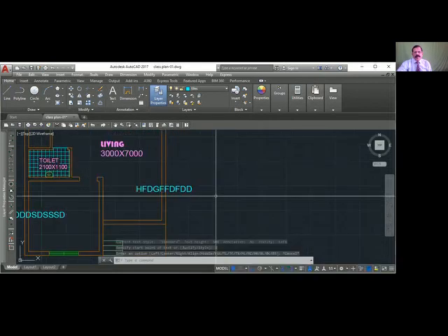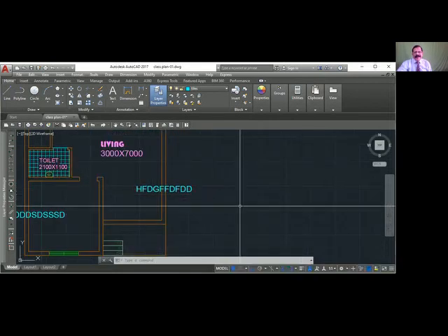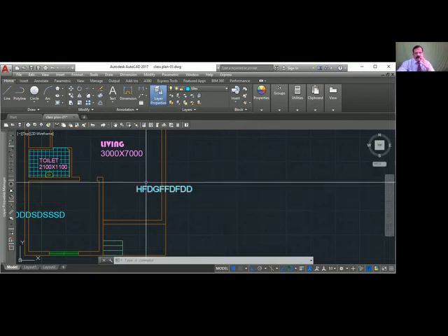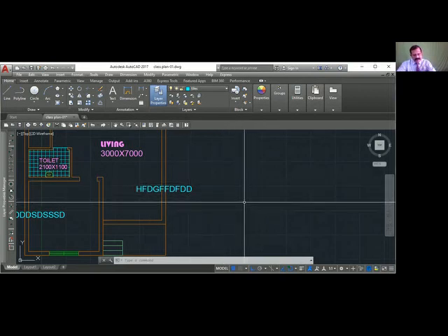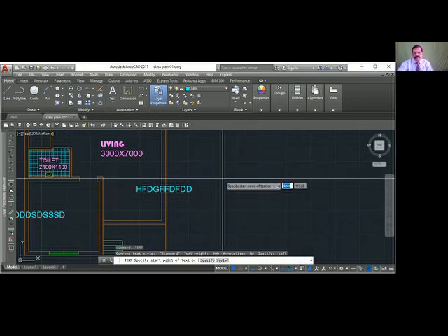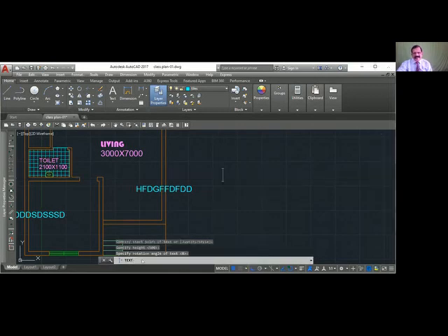Now I want to underline a text. I want to underline this. Okay, so text. When it is asking for the text, whatever you want to underline, you have to say percentage U and type whatever you want. So the underline comes automatically.